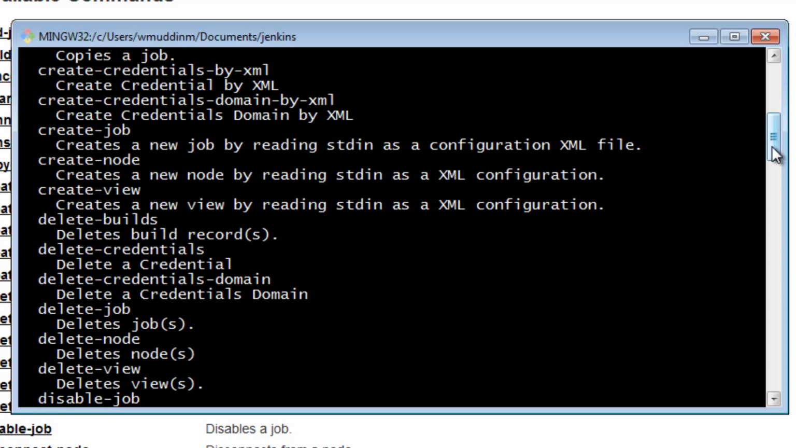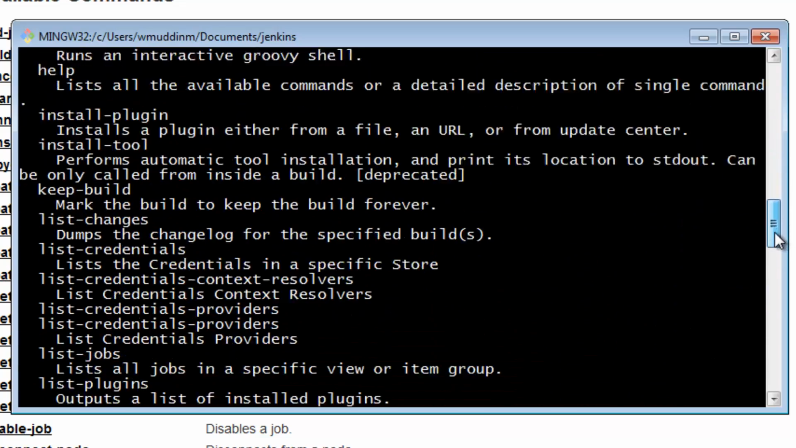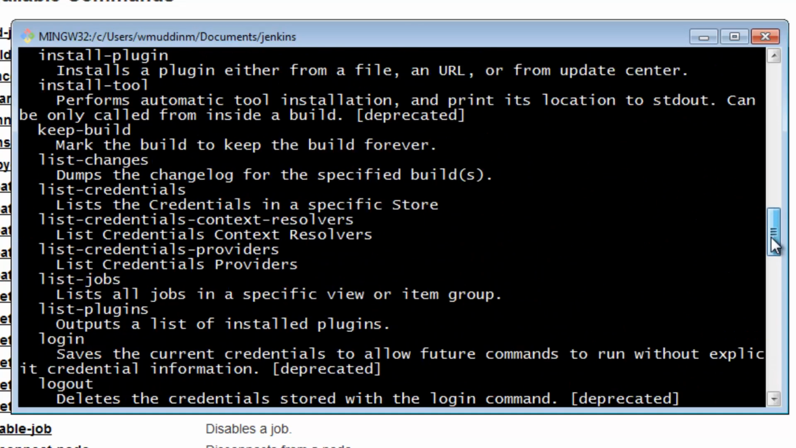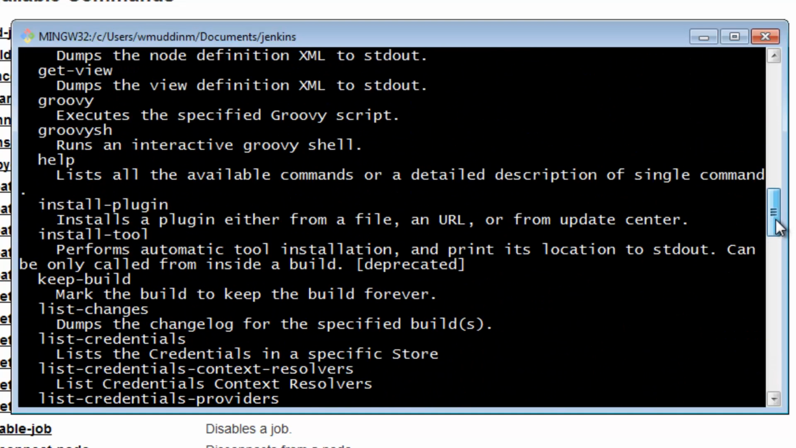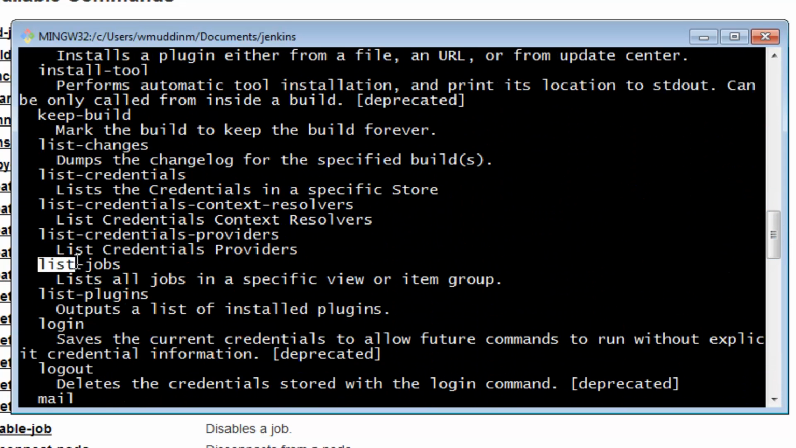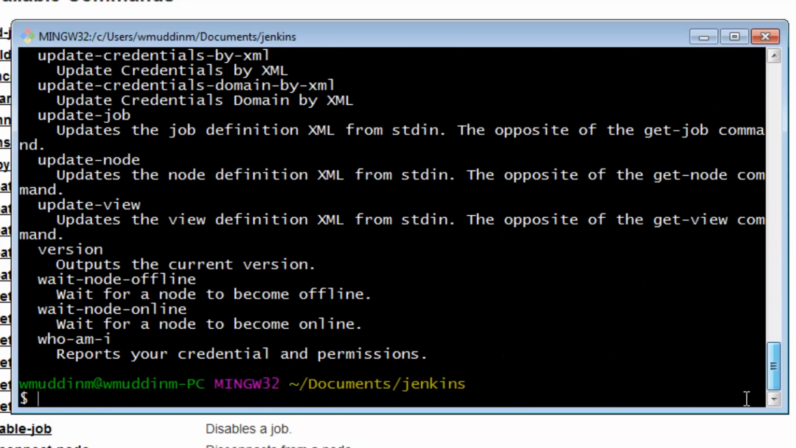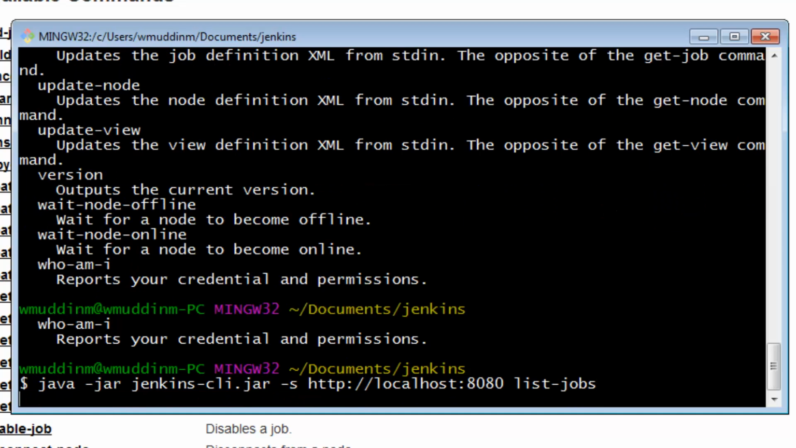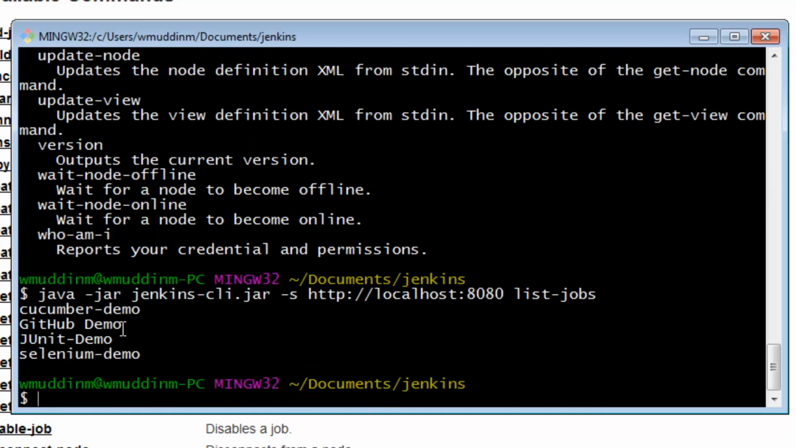So let's go ahead and actually try to use some of these commands. The first command that I think I'd like to use is probably to do something like listing all my current jobs. If we have a look, there is actually a command that can be used to list all the jobs that are available for my hosted Jenkins instance. So instead of saying help, if I say something like list-jobs, which is an existing command,